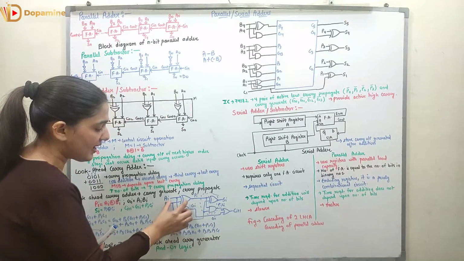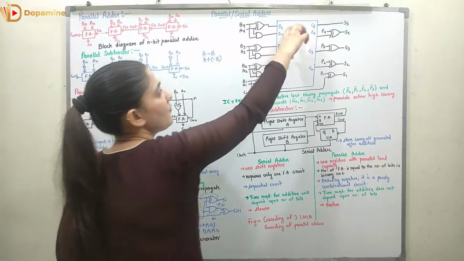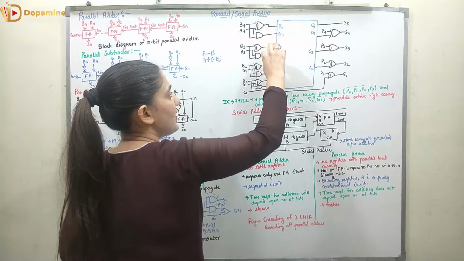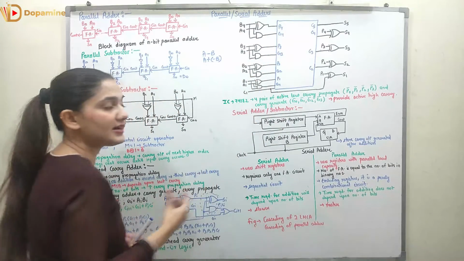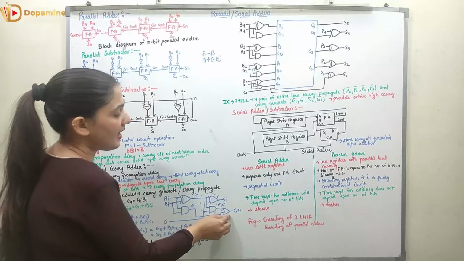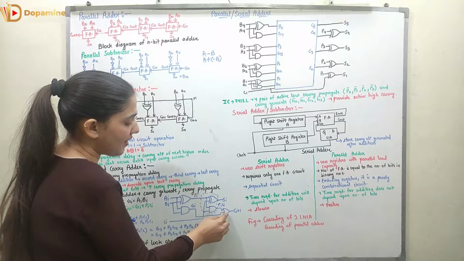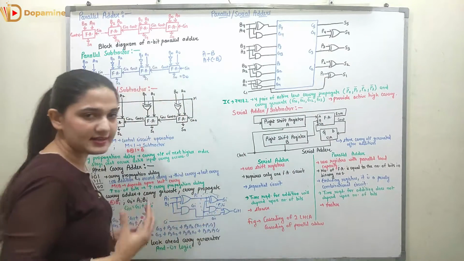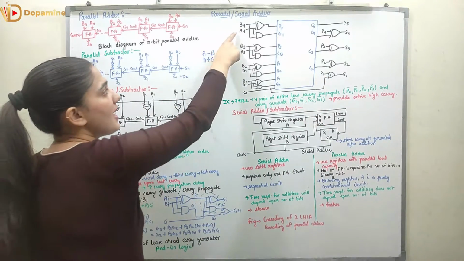Before this half adder, I have XOR and AND gate. So before this half adder, we will be having XOR and AND gate, for 4 stages, right? And after this half adder, you can see we have an OR gate, right? But here we have taken an XOR gate. So let's understand what is happening over here.